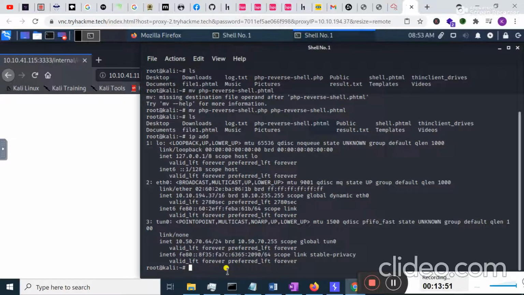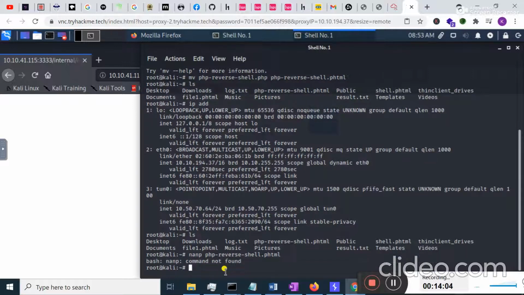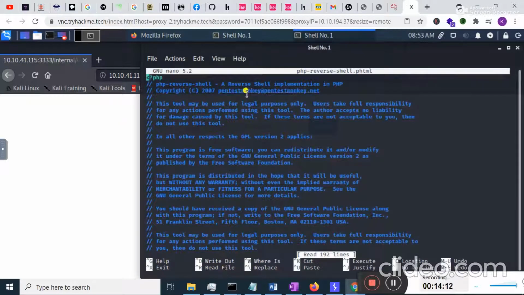I typed here nano php reverse shell.phtml and hit enter. Okay, the shell is open here.